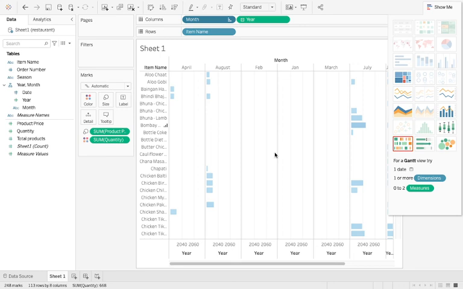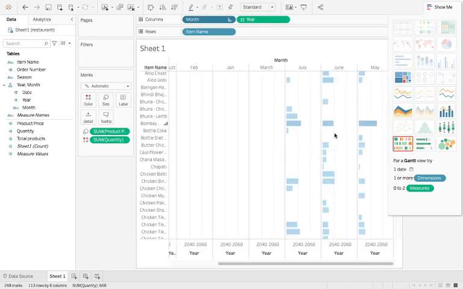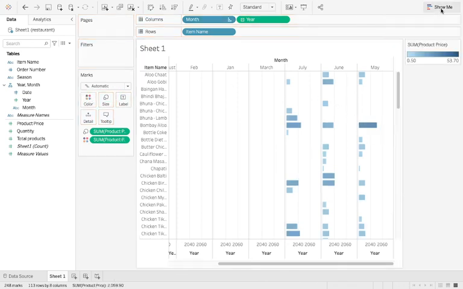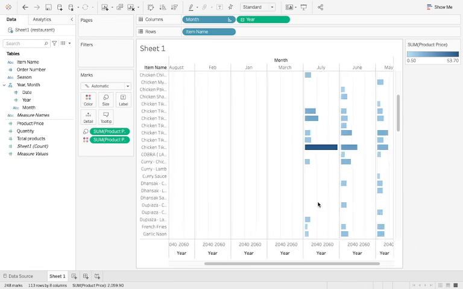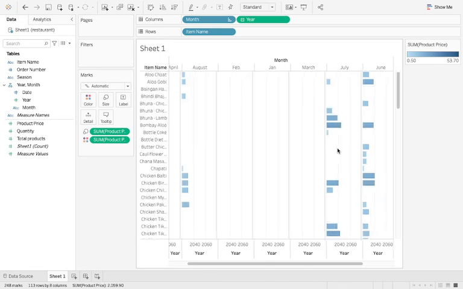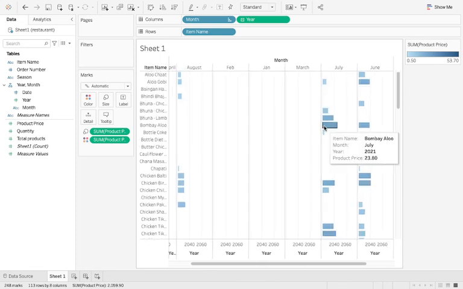And then one last sorting that I want to show, which I find pretty interesting, is that you can even sort by colors. So if I drag this product price to our color option, now can you see this particular thing? My data has been sorted according to the color. The least value is in light blue and the highest value is in dark blue. So you can see various kinds of color variations in our graph now. So this is how you can sort your data with colors basically.